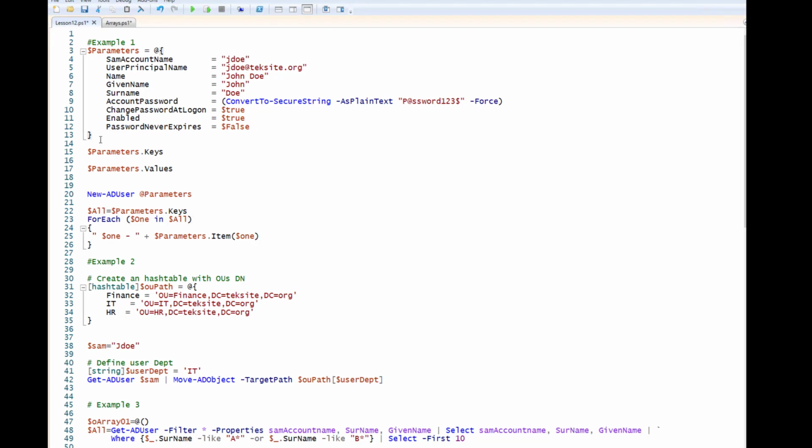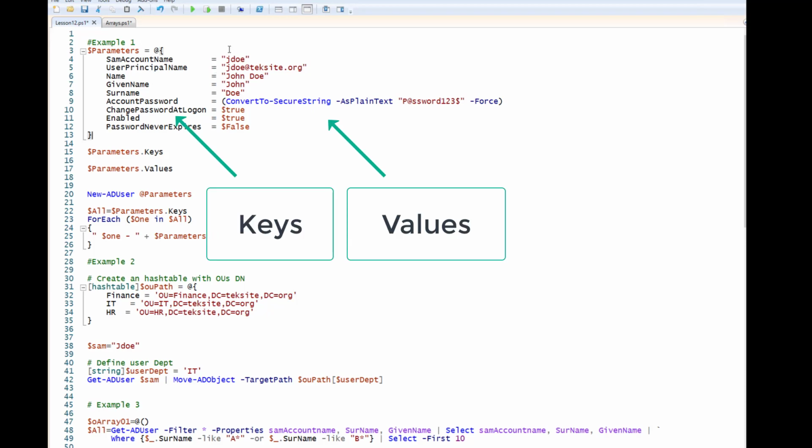This is an example of a hash table. I declare a variable and then here there's an @ sign and the curly braces. The @ sign and the curly braces indicate that it is a hash table. A hash table has keys. These are all keys and then the corresponding values. Let's put this in the memory